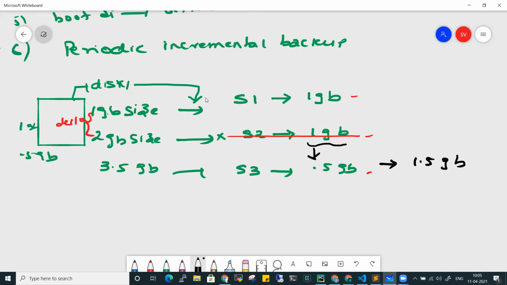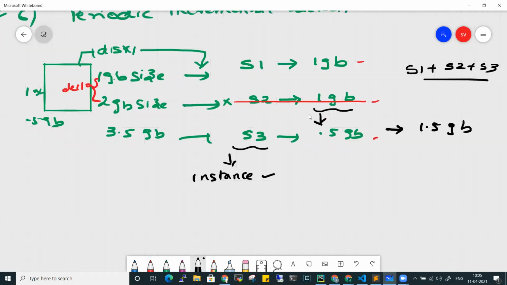So for example, from this snapshot, if you create an image, because if you want to create an instance, from a snapshot you can create instances, right? This image contains the data of snapshot 1, snapshot 2, and snapshot 3 also. So when you create an instance out of the latest snapshot, all the snapshots will be accumulated, right? So you're clear till here, right? Let's see all this in the demo section, how we can create snapshots and all this stuff. So this is called an incremental backup.